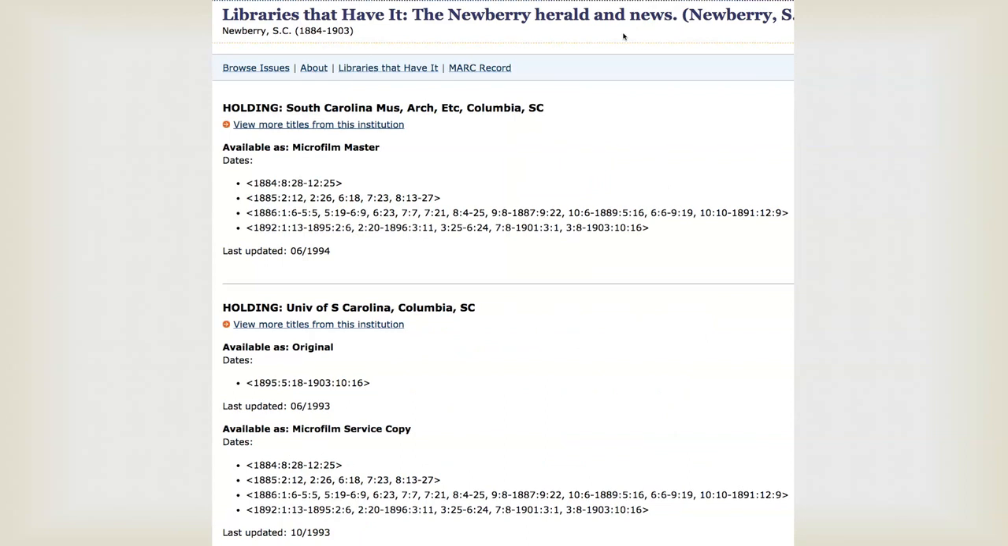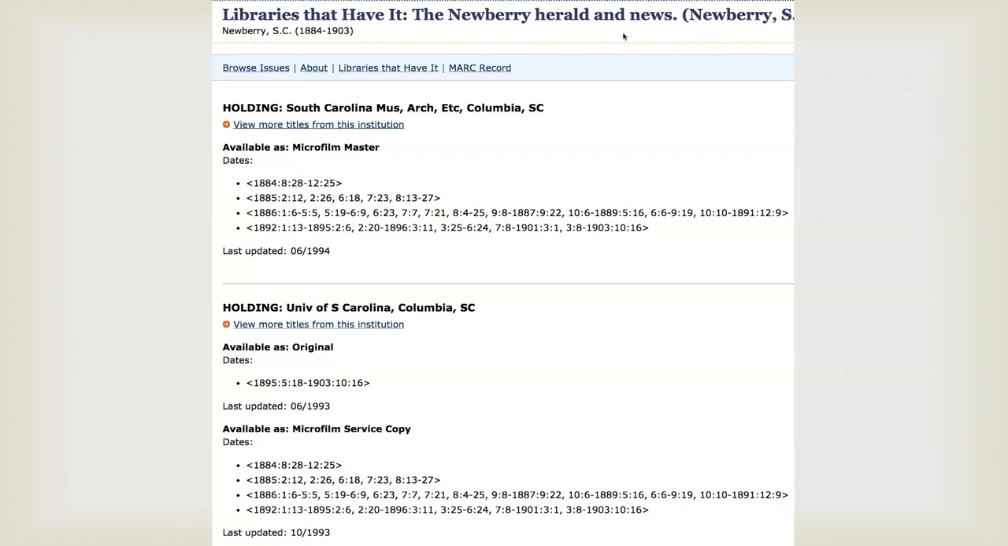And here's where we can see where the newspaper is, because that's really our next question. I want to see copies of the Newberry Herald and News. Where can I look for them? Well, as it turns out, there are copies on microfilm of many copies held at the South Carolina Museum in